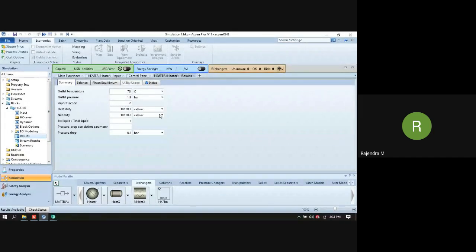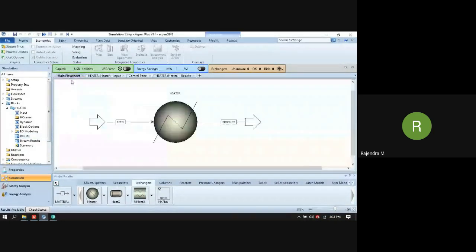Heat duty. We can change the unit also. It is the same heat duty as that of your HYSYS, so 1.5 lakh kilojoule per hour. And this is the net heat duty. Based on the direct and indirect calculation, it will calculate the heat duty as well as the net heat duty that is required. In this case also there will be an energy stream, a heat stream.